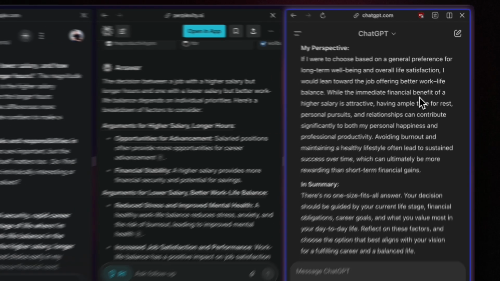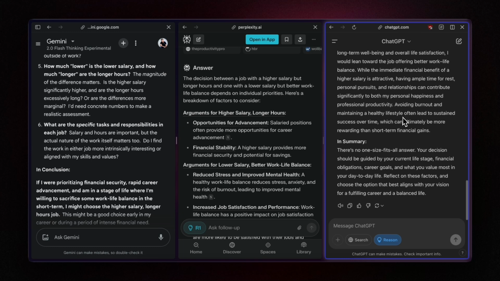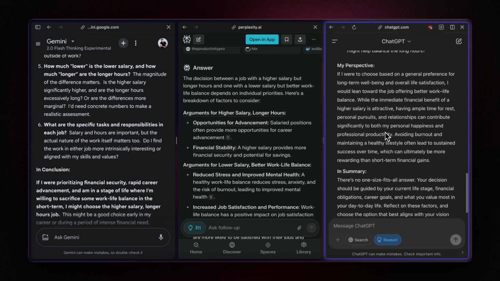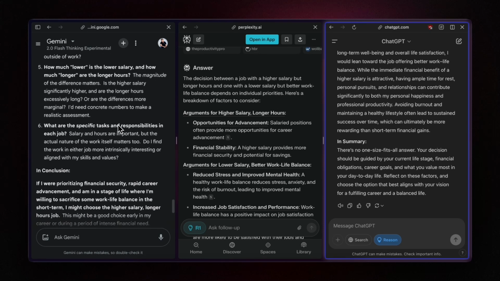While the immediate financial benefit of higher salary is attractive, having ample time for rest, personal pursuits, and relationships can contribute significantly to both my personal happiness. There is no one size fits all answer. Your decision should be guided by your current life stage, financial obligations, career goals. Okay, so ChatGPT is also giving me a pretty solid, balanced answer, but I think I would prefer Gemini's way